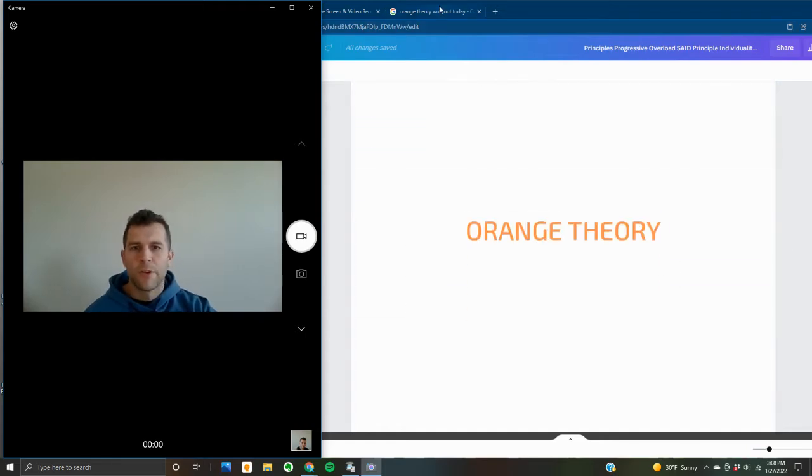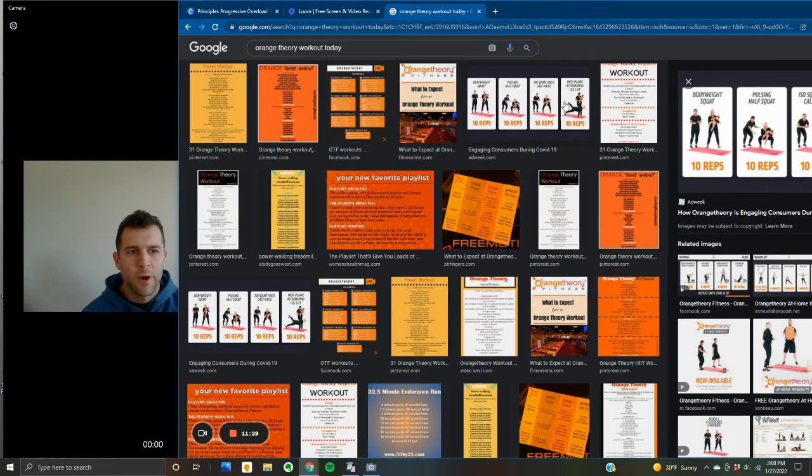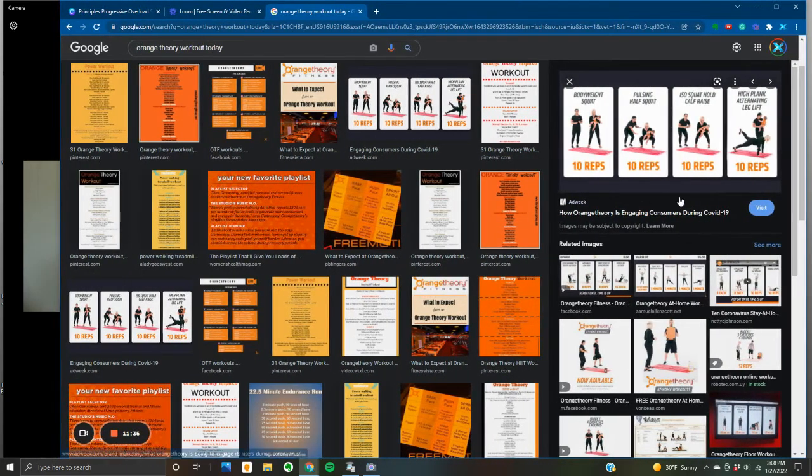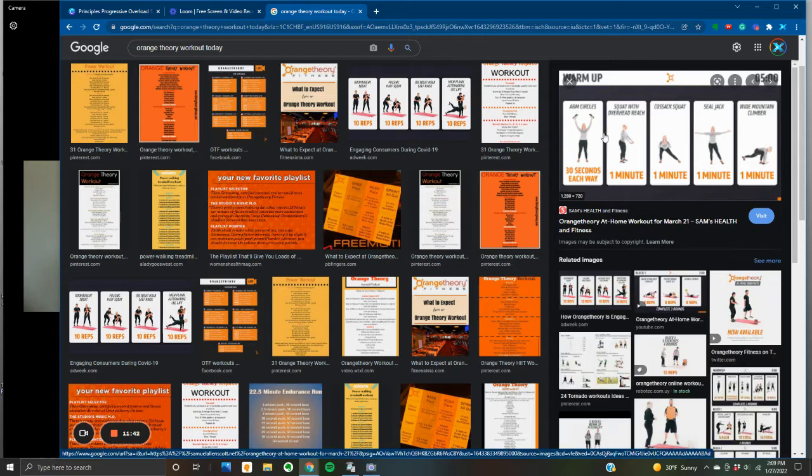Another example would be Orange Theory. So I just looked up an Orange Theory workout today, and we can grab a bunch of them. I guess you can't fully see what I'm talking about here. Here you go. So if you click on any of them, they do squat, squat, calf raise, plank, core. We go here. This looks like a warm-up, but it's still the same movements: core, squat, lunge,